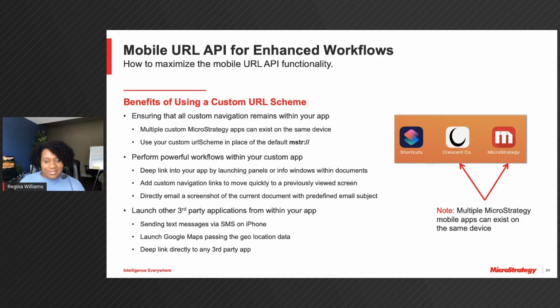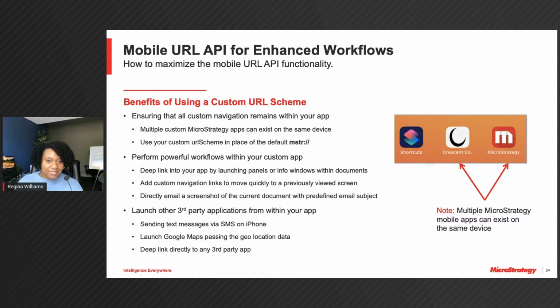So for example, the screenshot shows that on this one device, I have my customized Crescent Co app and the out-of-the-box MicroStrategy app. There could even be a scenario where an end user has another app downloaded whose base also happens to be the MicroStrategy mobile app. So it's very important that any type of mobile URL API that's used in the documents references your custom URL scheme instead of the